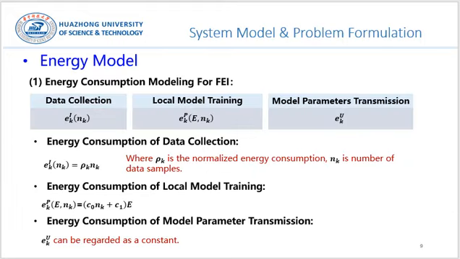Above all, we modeled the energy consumption during the model training process of the FEI system. It consists of three parts. First is the energy consumption of data collection, which is dominated by IoT devices transmitting the required number of data samples. As we can see in the table, row K is the normalized energy consumption for IoT devices to upload